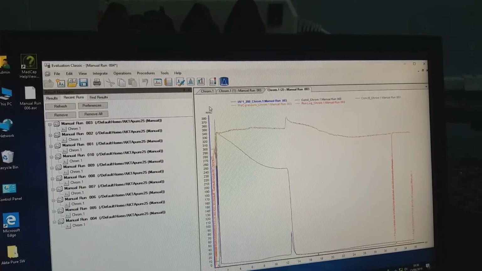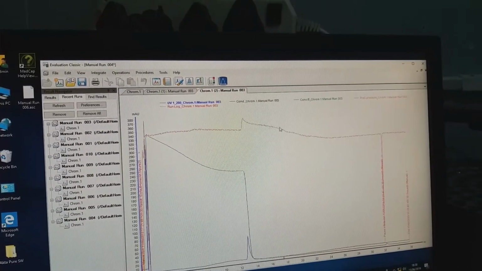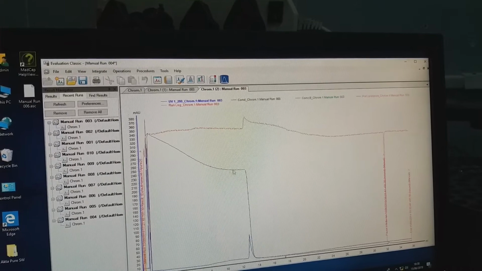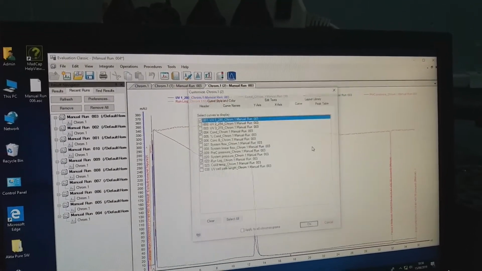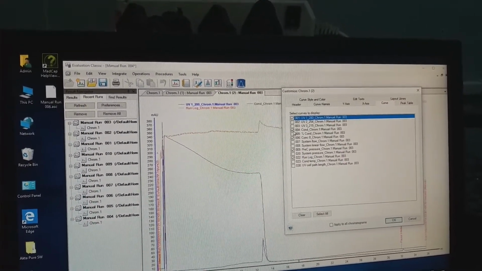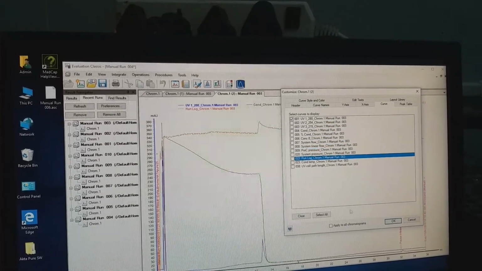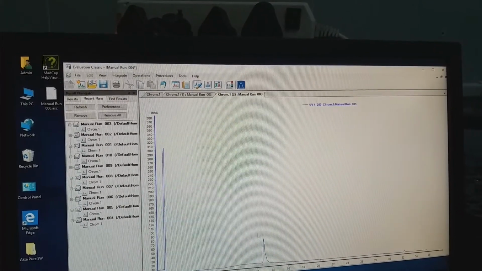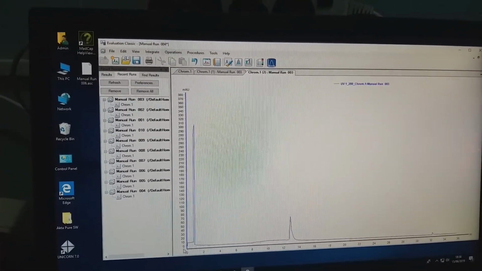So here you are seeing so many things. This one corresponds to pressure and conductance. You can customize what you want to see in the chromatogram, for example only UV 280, so you keep that and remove the others. Here it is also showing 380. You don't need 380.